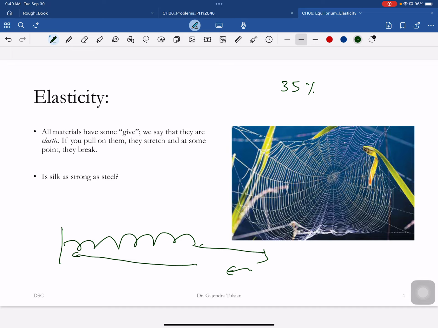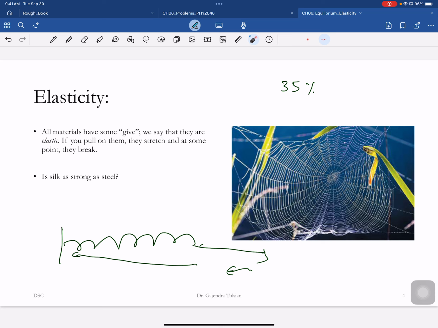All right, so the question is, is this less efficient than a metal spring? Why would nature do that? Whenever nature does something, it does it for a very good reason. So here's the reason why. It actually doesn't want to give up all its energy. Do you want to hazard a guess why? Have you jumped on a trampoline? A trampoline that gives back all its energy makes you jump as high as you jumped from.